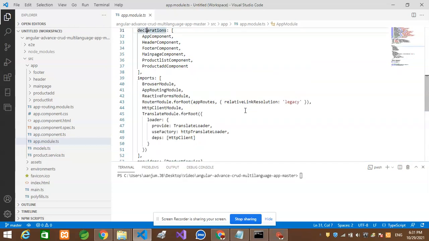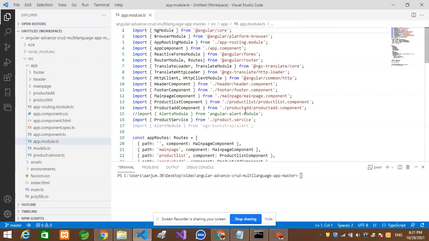This is the main file. If we create any component or if we add any modules, if we create a new component, if we write a service, all links and all references we have to add in this file.